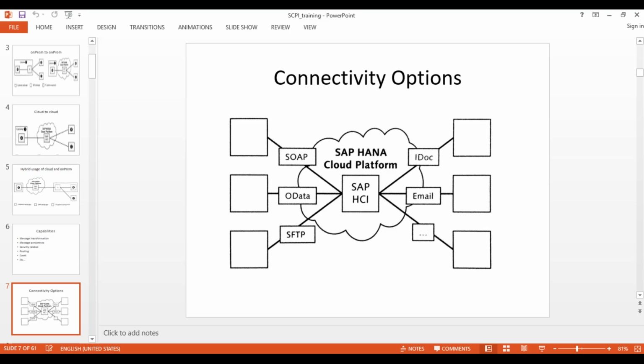Sorry, I was just checking what the prerequisite is for learning HCI. My background is ABAP developer, and I've never worked on PI, so how hard would it be, or what should I prepare before I learn HCI?